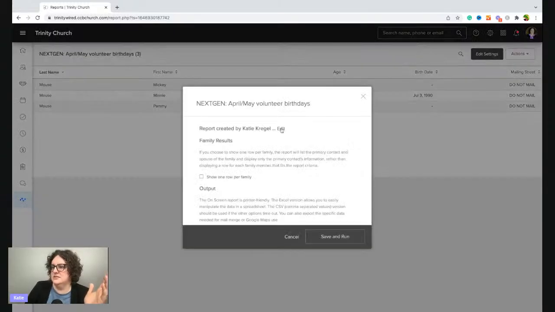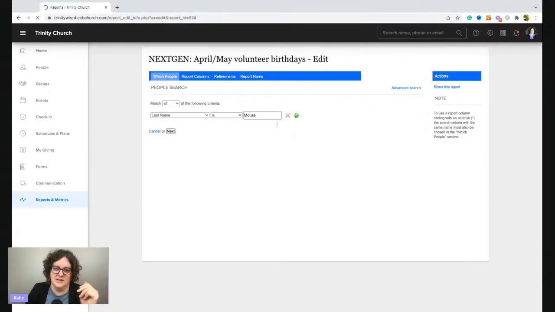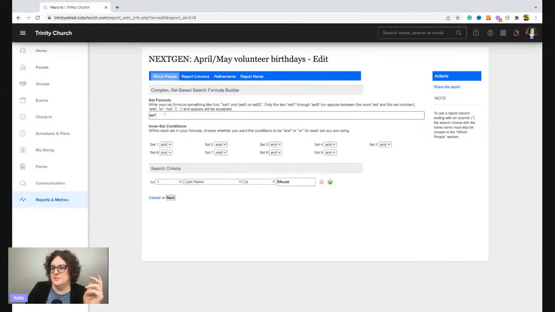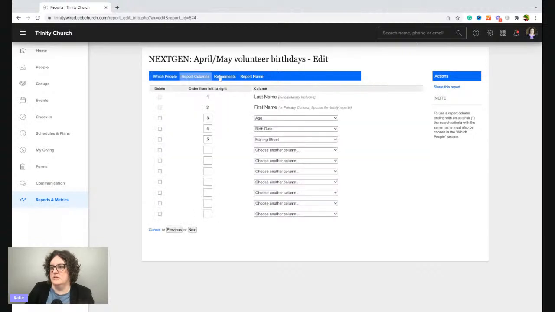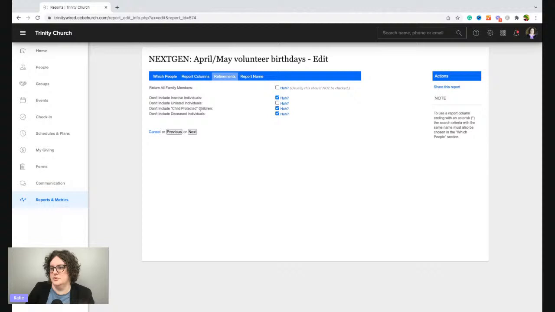Click edit settings and then edit. And then that takes you back to the beginning. And most likely, it's something either in your set formula that might be wrong, something down here in these inner set conditions, or it's this child protected box that needs to get checked.